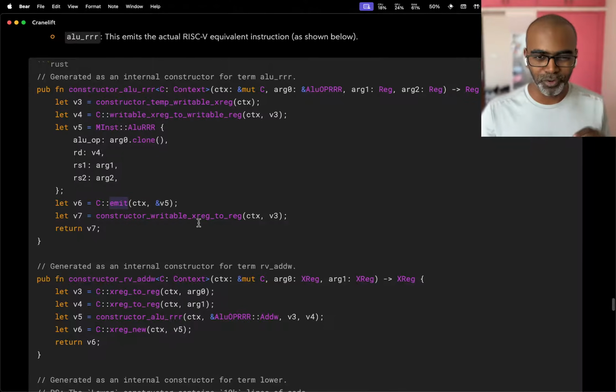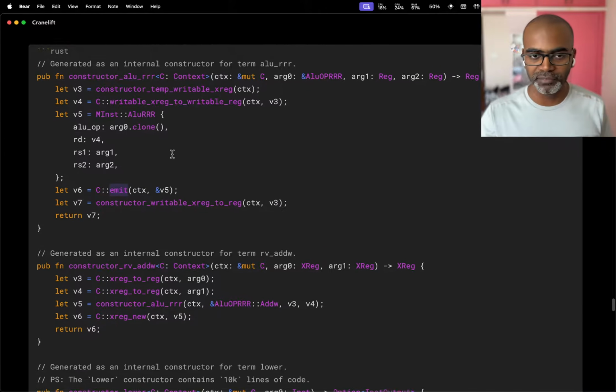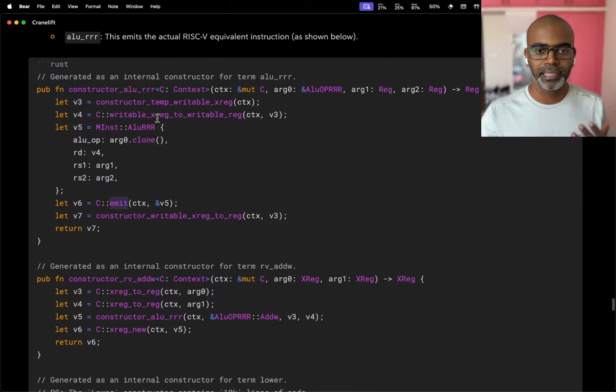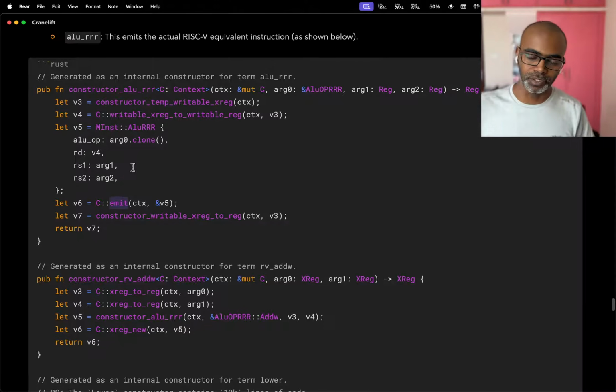So I'm not going to go into each of the functions because some of them are pretty much self-explanatory, but the important ones are RV_add_w calls, ALU_RRR, and ALU_RRR is the one that actually does the emission, which means it's basically going to take a machine instruction as an input, and it's going to produce the necessary bytes that will basically be like an addW or whatever that is